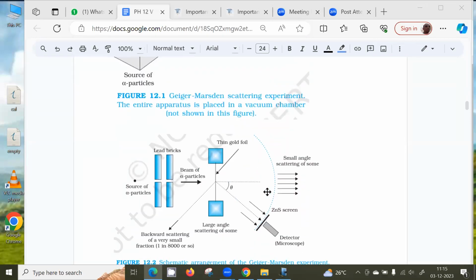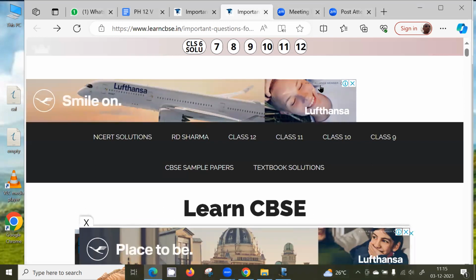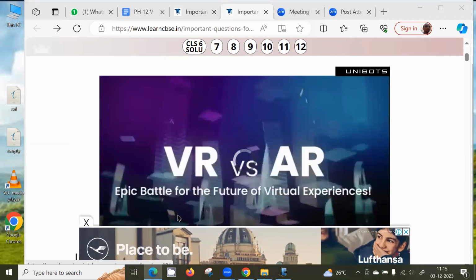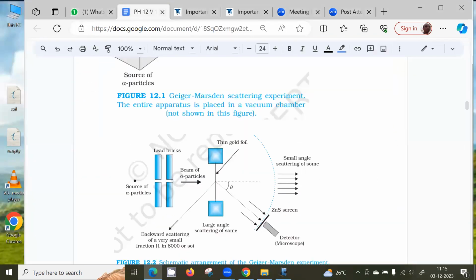Okay. NCERT exercise, have you solved them? Yes, sir. But not the additional exercise. Additional exercises, you can leave. After that, you can go to this Learn CBSE. Yes, sir. So there you can solve the problems. So, sir, who is preparing the question paper, sir? Question paper is from the principal. Okay, sir.